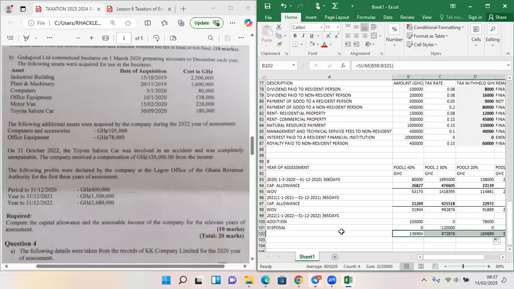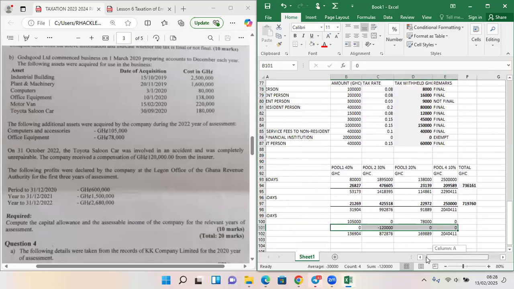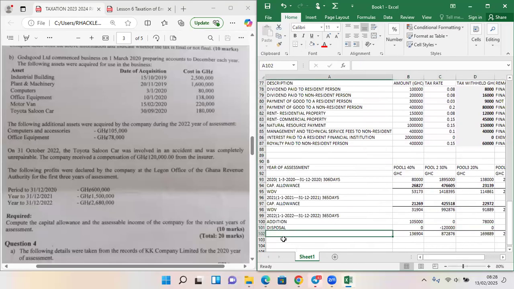Right, so now, after doing all this adjustment, we apply our rates on it. Now we come and then calculate our capital allowance. 0.3, 0.4, times